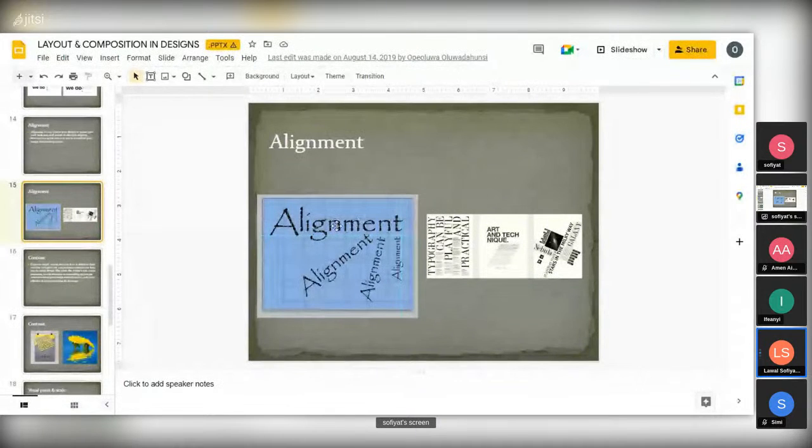When you click on this alignment, try to drag it a little bit. A red line will come out showing that it is centered. If it is centered, it will be half of the page. So you know that this is centered, then you can leave it. So that's that about the centered one.